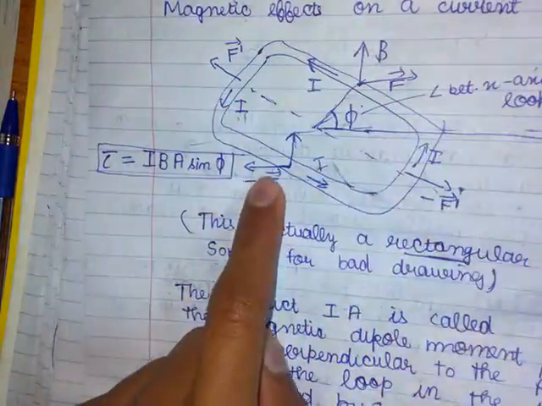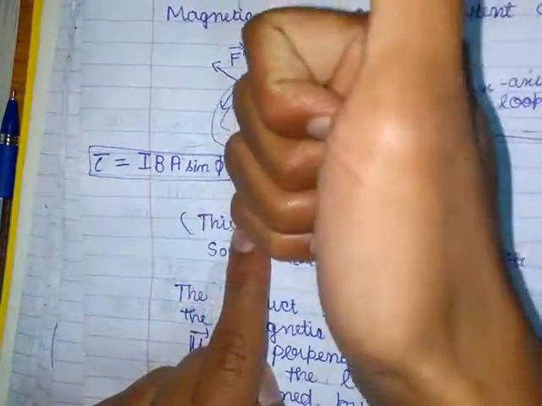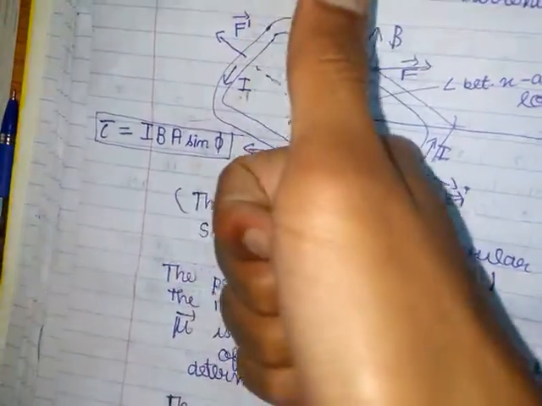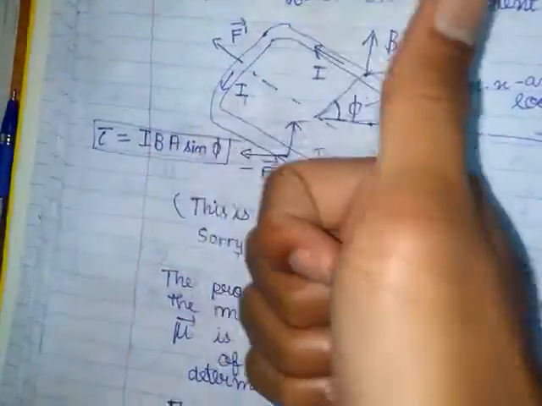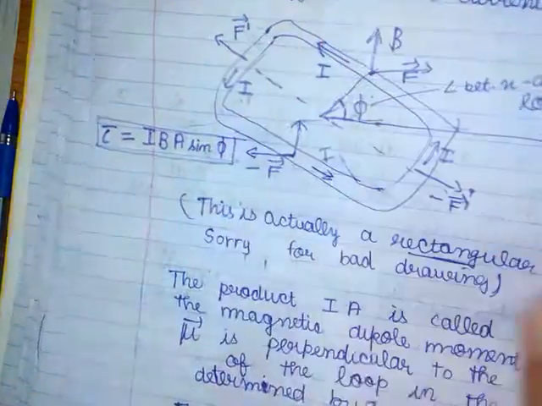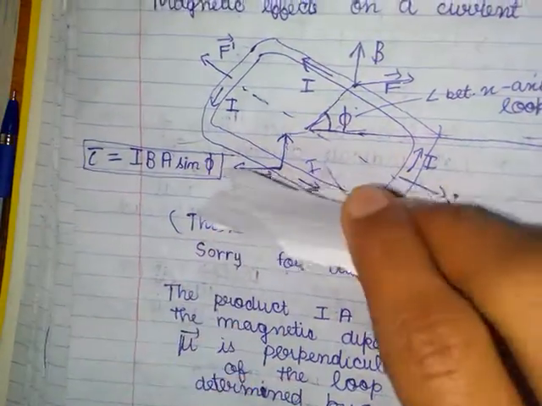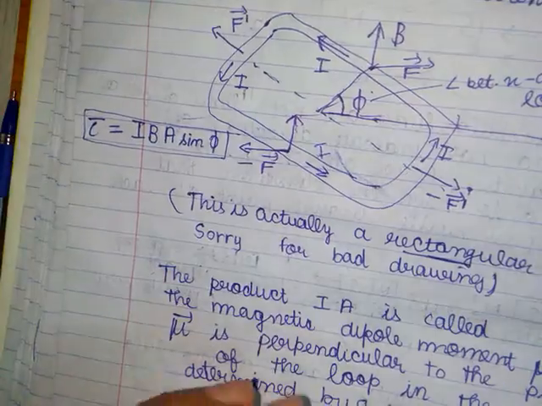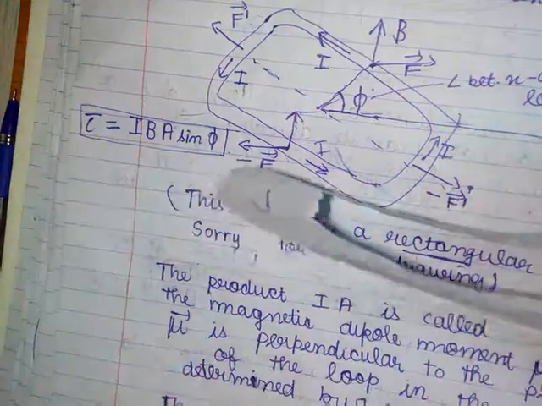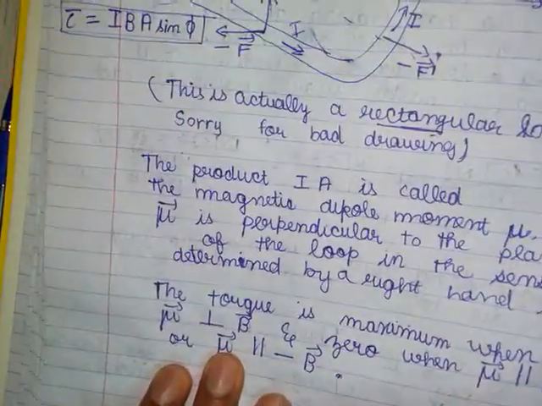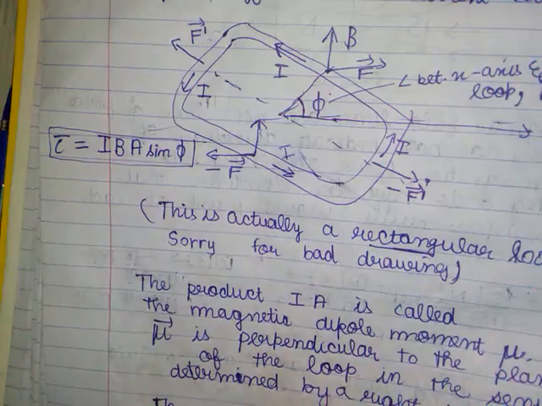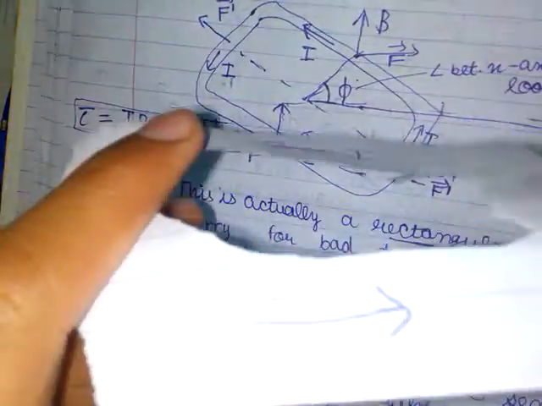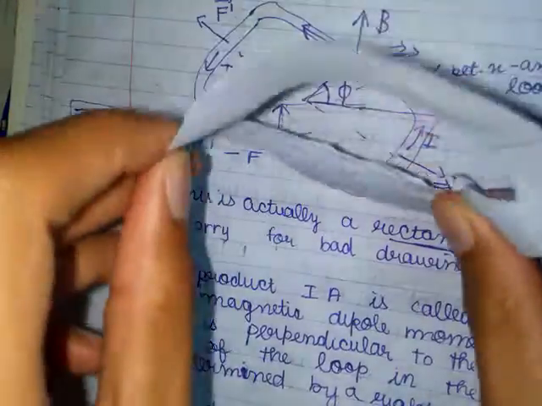So finally when the mu is aligned with the magnetic field so that phi is 0, then the torque would be 0 as we saw, and when the torque is 0, the effect that is trying to actually rotate it becomes 0,